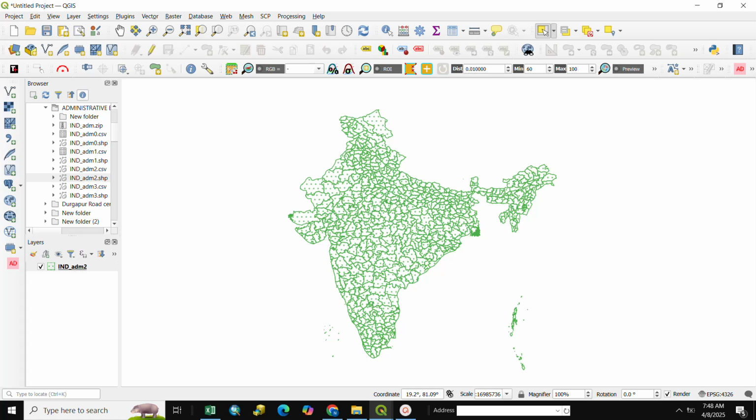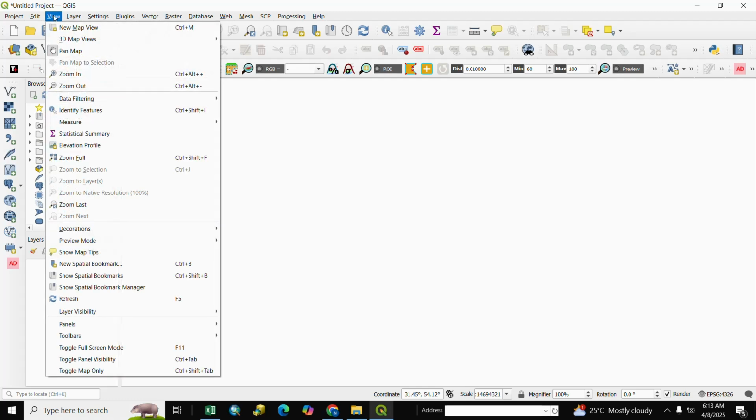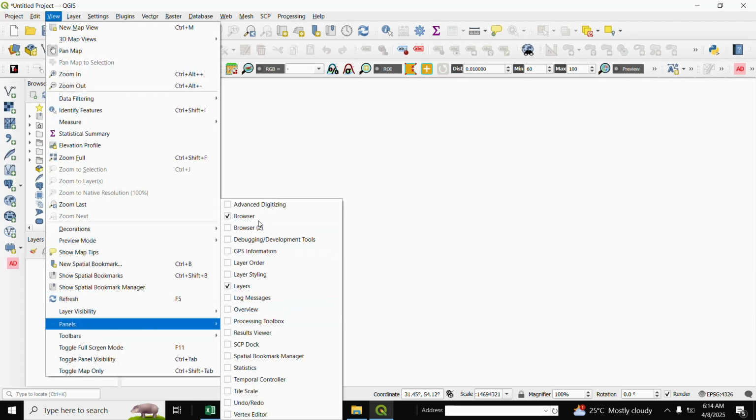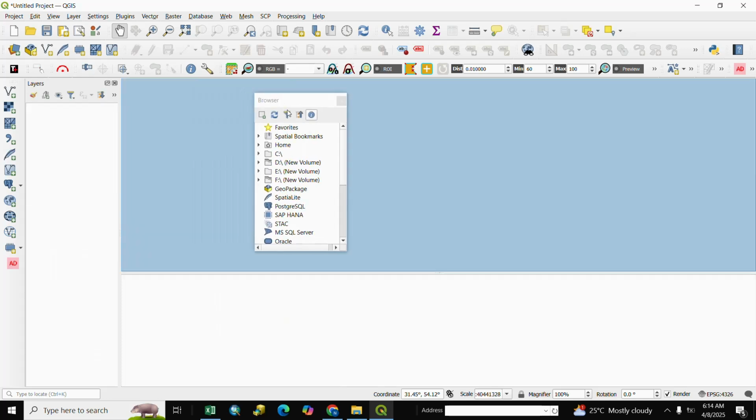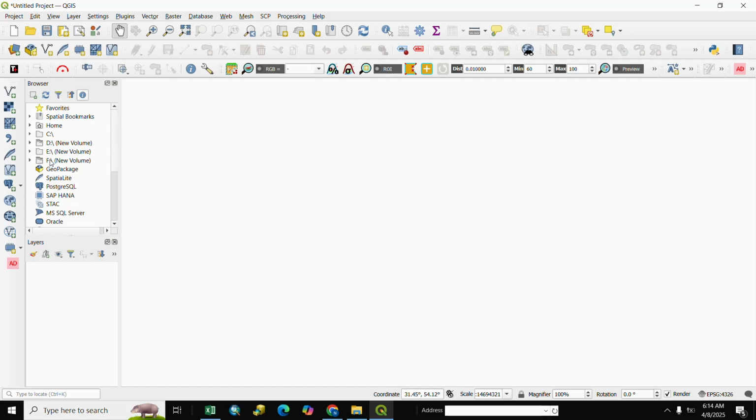So let's start. Here is QGIS, and here are the browser and layer panels at the bottom. If you don't have browser and layer, you go to View and Panel. After that, you select browser, and if you don't have layer, you select layer, and adjust them as per your requirement. After that, here are all your drives. Go to the drive where you have data, we go to D drive and select our data,